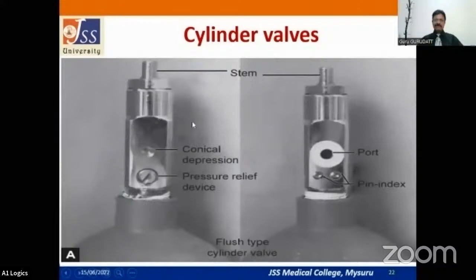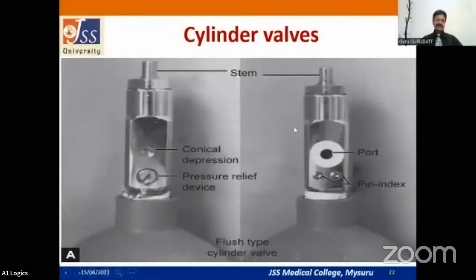Coming to the cylinder valves, a lot of safety features have been adopted in the cylinder valves. Cylinder valves basically have two surfaces. One surface that is facing the machine, you should always identify in the exam also. Usually it consists of pins for the pin index safety system and also a nipple for the port for entry of gases. So there is a port for the connection to the nipple on the yoke assembly for entry of gases to